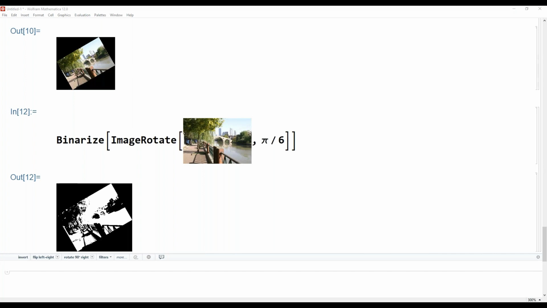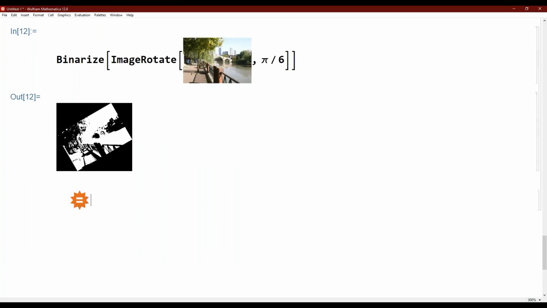So I'm just going to click into an empty cell and do my double equals to get the Wolfram Alpha question. And then I'm going to do an integral. Oh, I need something nice and complex. Integral of sine squared of, or is it sine x squared